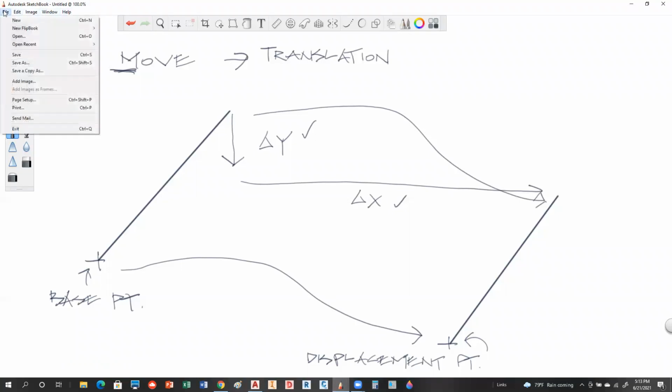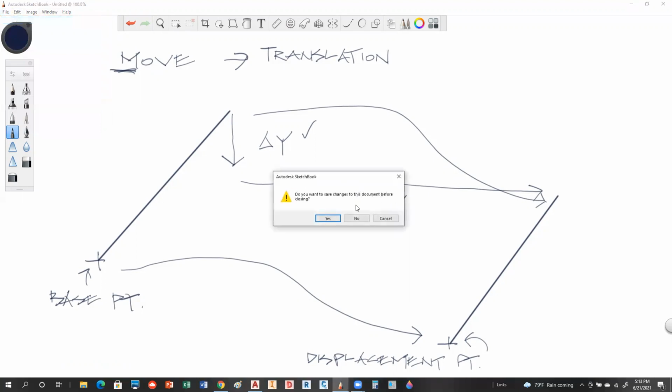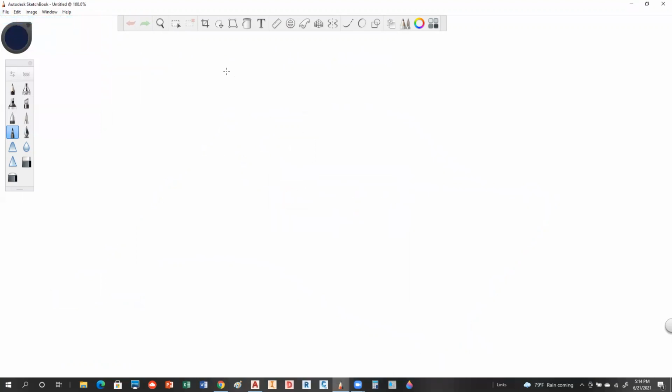So again, like move, we use move for a lot of things in AutoCAD. We're going to use the offset command for a lot of things as well. So we're going to look at offset first. And the alias for offset is O, so that's also very convenient. What offset does is, if you have an object out there, let's say a line like this, you can offset that line